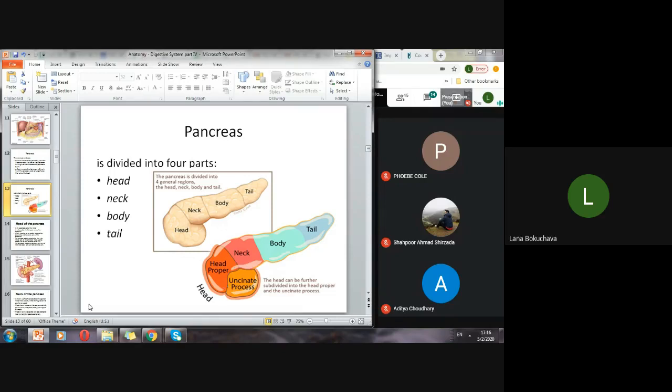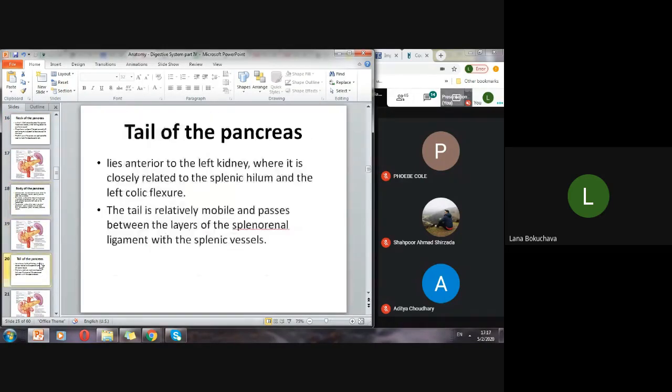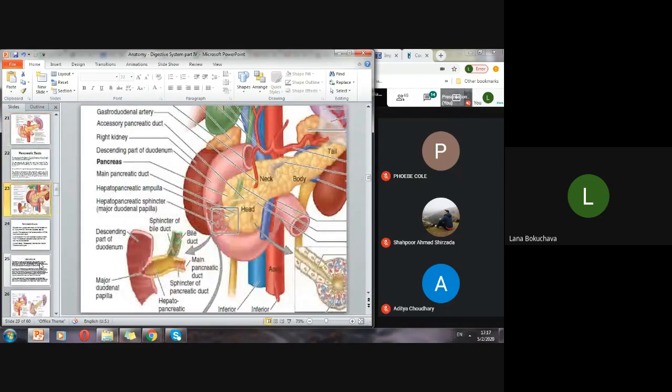And what is most interesting, and it's seen better back in this picture, is that from the anterior surface it is not seen. Why? Because it is lying posteriorly to the SMA, the superior mesenteric artery. That's what you can see here. Just a second, let me recheck the picture, which will be easier to show. Yeah, this one. This is a good picture which shows you the pancreas, as you can see here. And what is most interesting is that the head of the pancreas is